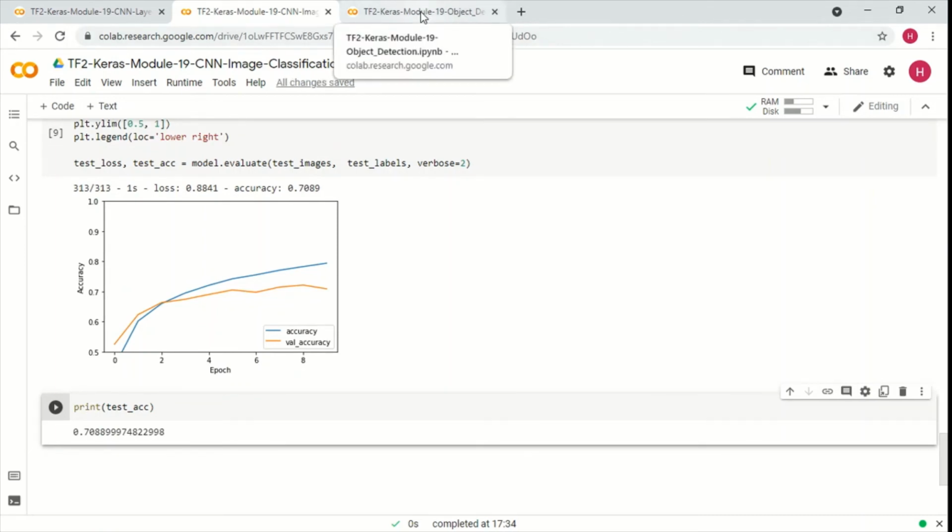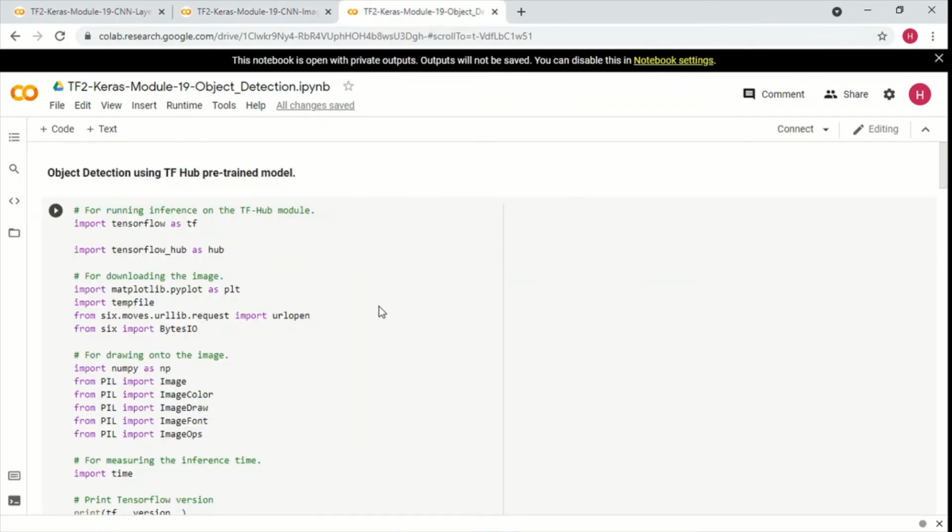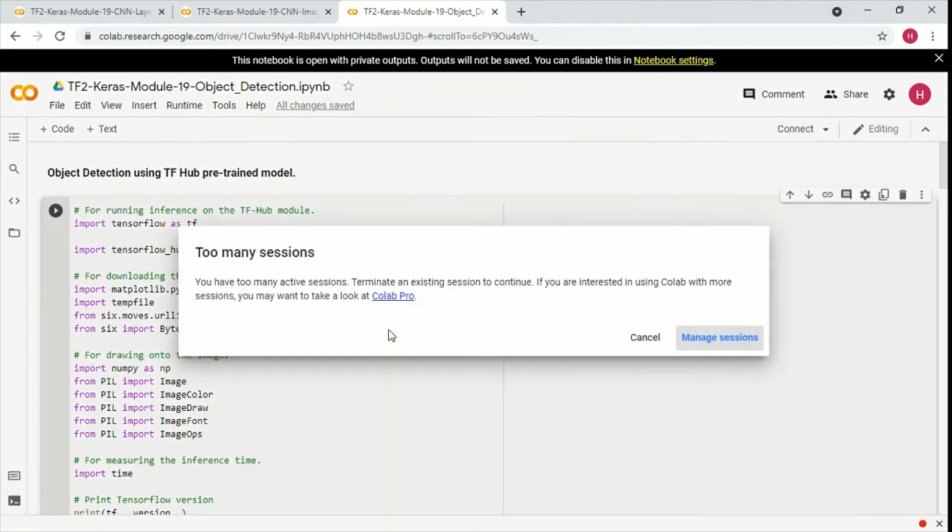Now coming to the last notebook, what we are going to do here is try object detection, and for that we'll use a pre-trained model from the TensorFlow Hub. Okay, so let's quickly import the libraries.